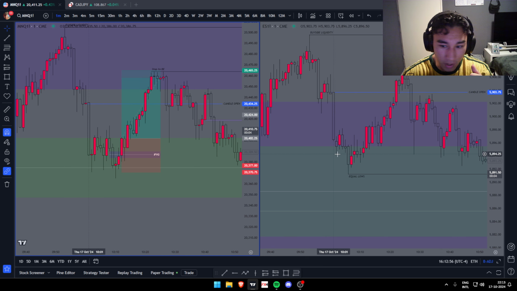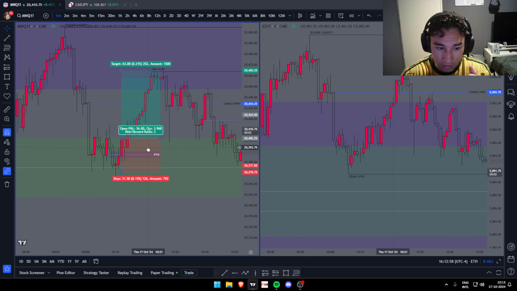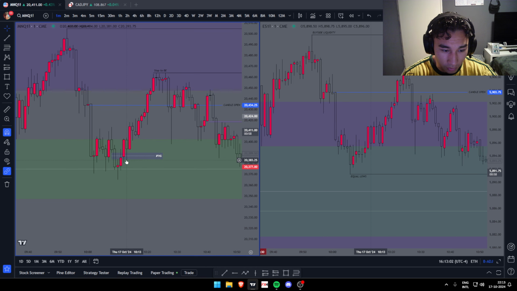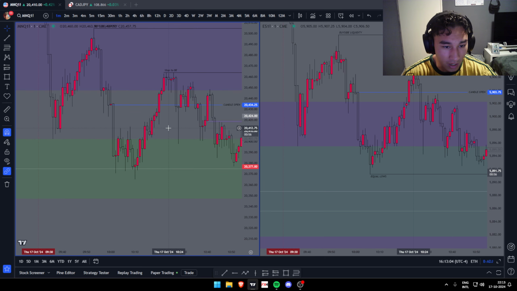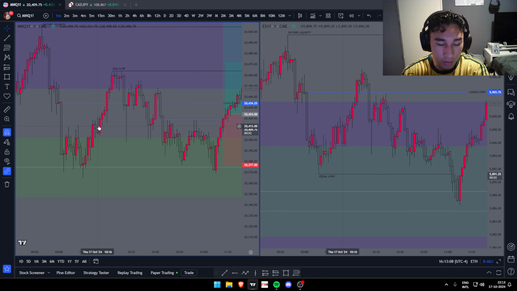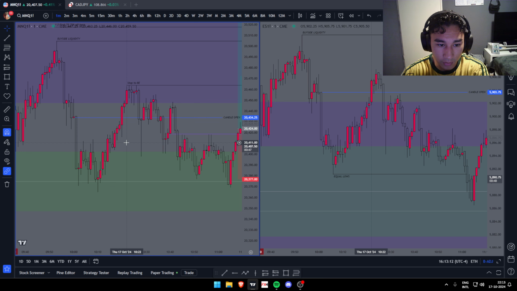I closed it right away as I saw that ES took out the highs here. So I instantly put it to break even, and then I got lucky because I was in drawdown that we got back to break even. But yeah, I was really confident that it was going to go higher anyway. But still, that was one trade, but literally no loss on that, maybe $1 or something.